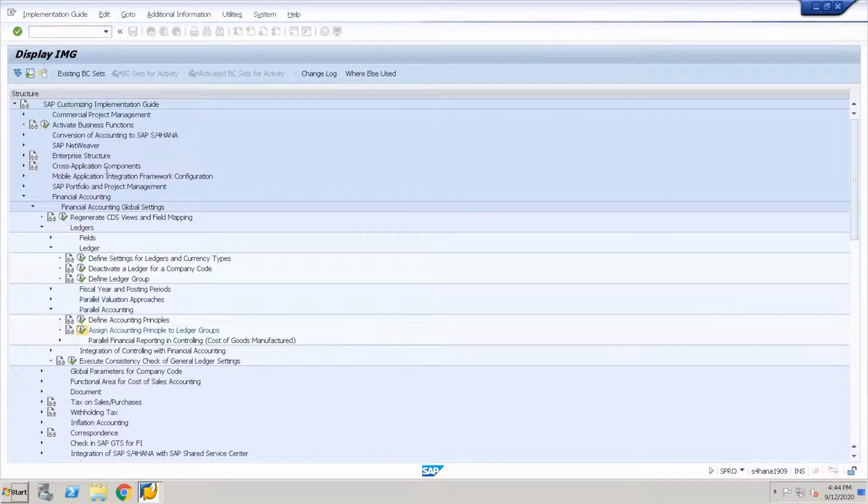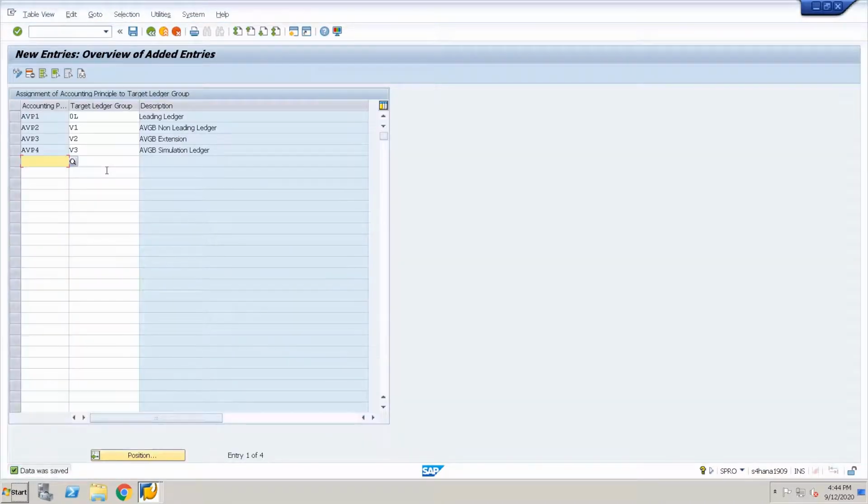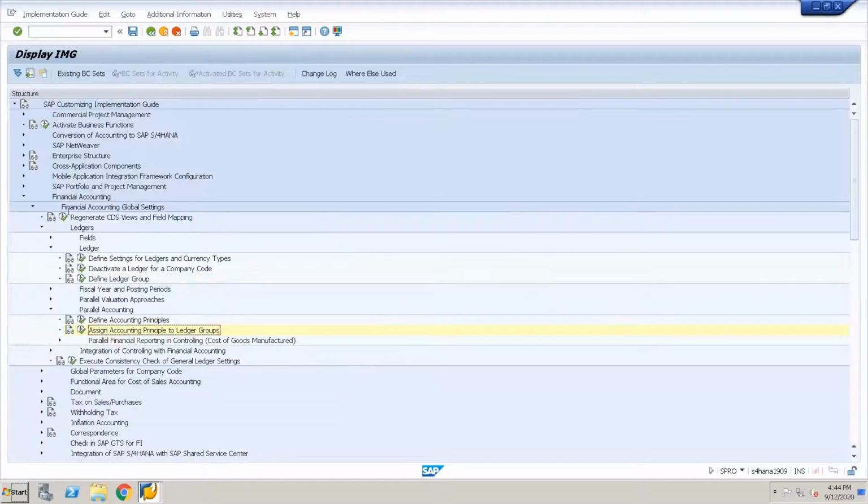Looks like someone had already posted using the ledger group V4. So we are not able to assign an accounting principle as of now, but that is not an issue as long as we are not configuring asset accounting at this point.